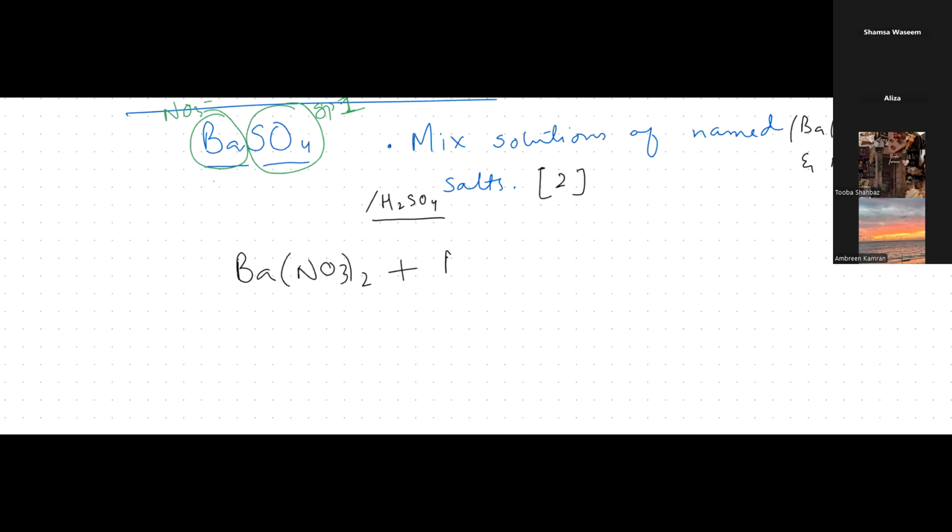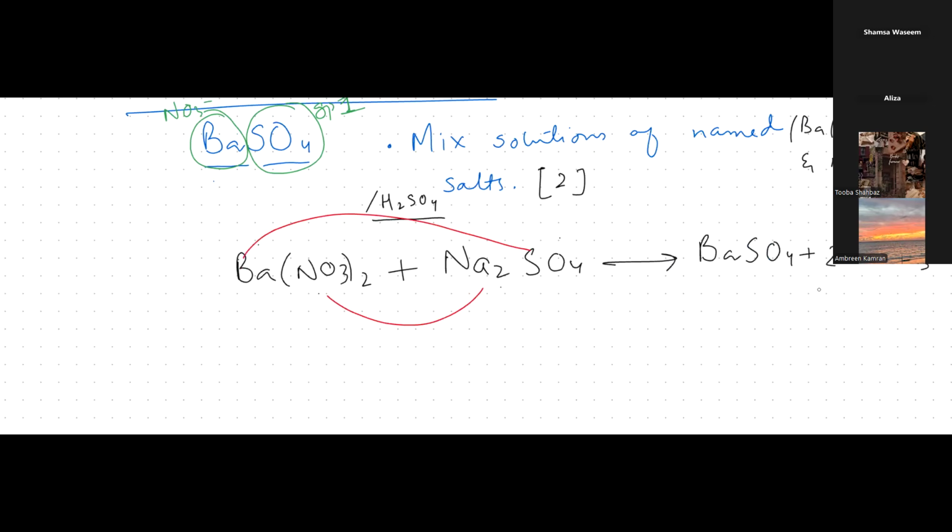There is going to be displacement reaction taking place, right? Like this barium will react with this sulfate, sodium will react with this nitrate. ठीक है? I'll just make the arrows to make you understand. ये barium sulfate बन जाएगा और ये sodium nitrate बन जाएगा. ठीक है? So the products are going to be barium sulfate, that is an insoluble salt, and sodium nitrate, that's a soluble salt. Okay? Right, beta, I'll balance it. There are two sodiums right on 2 here. ठीक है? So the equation is balanced now.